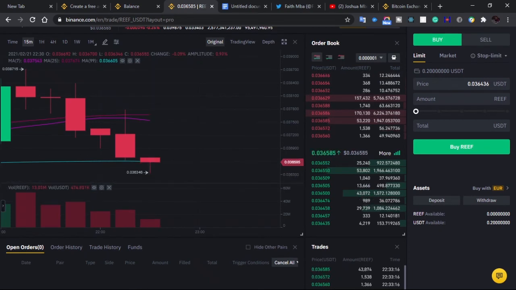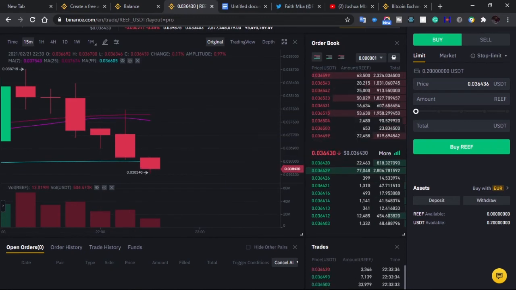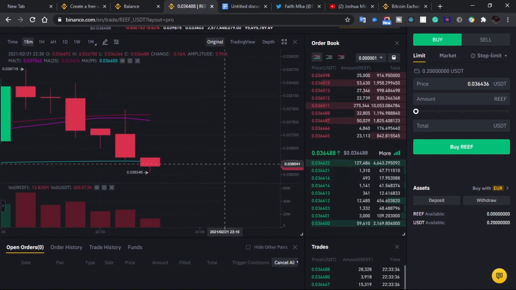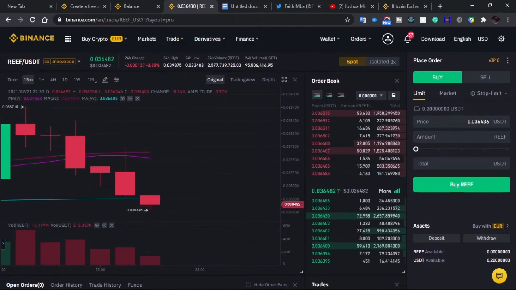It keeps changing, and you might ask, why is it changing? What is happening here when I want to buy and sell? All of those background checks, I'll be covering in a subsequent video. For now, I want to just focus on this basic stuff. So these numbers are just displaying the exact value of this particular coin at the time of this trade. So it means that this coin is at 0.03 cents. That's the value of REEF against USDT right now.